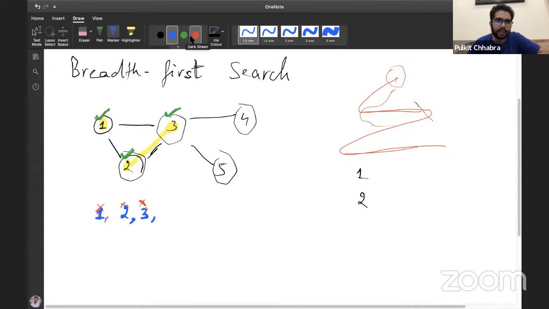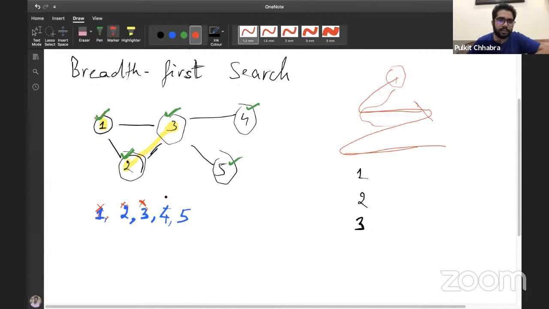When I'm visiting the neighbors of 3, I'll see that there's 1, but 1 has already been added to the data structure, and 2 as well. 4 and 5 have not been added, so I mark them as added and also add them to the data structure. And now I have also printed, or whatever you may call it, visited 3.